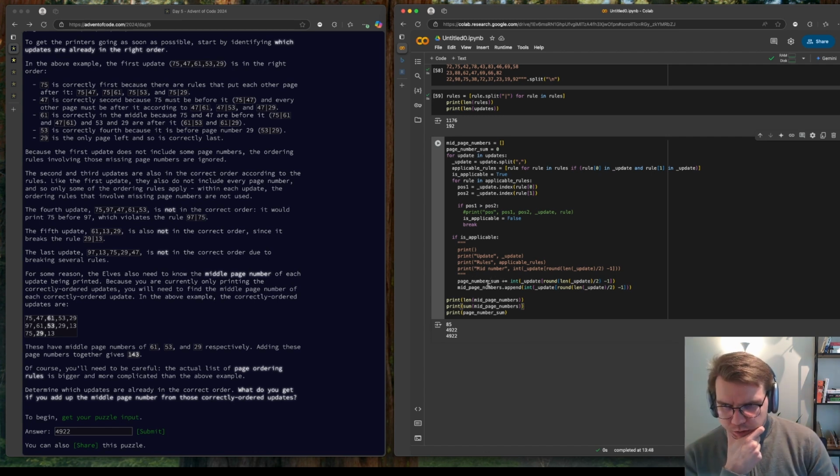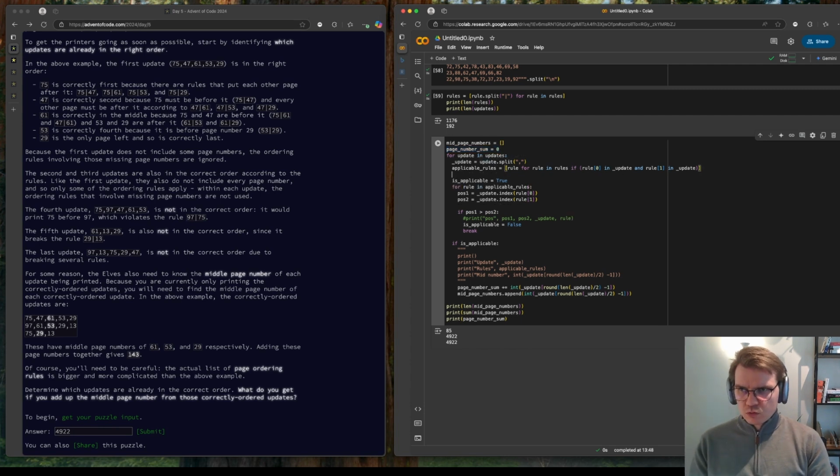So something with this. I'm wondering how many applicable rules we have. So we have overall 1176 applicable rules. So I'm wondering, are we now somehow